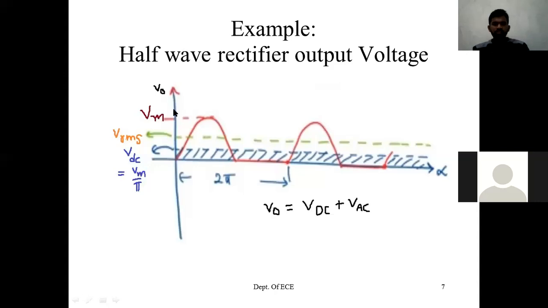Same way, from this waveform I am finding VRMS and VDC. The same way, if you consider the current waveform, although I didn't show it here, for that current waveform I can find IDC and IRMS. Anyhow, these things we will see once again when we discuss the particular topic.